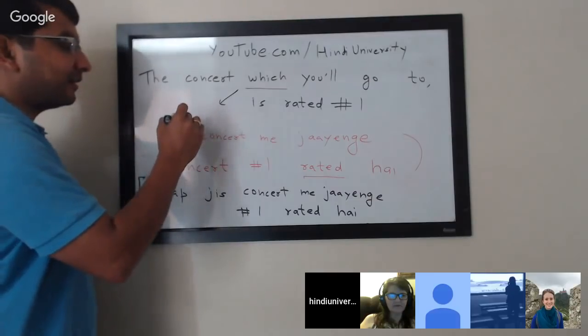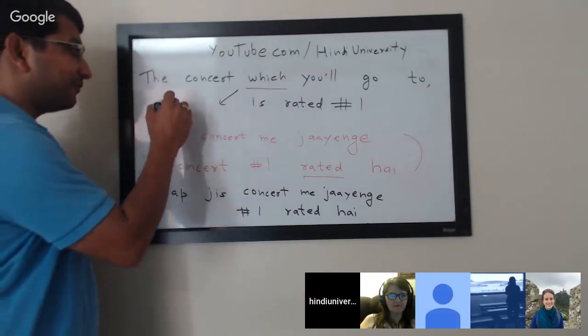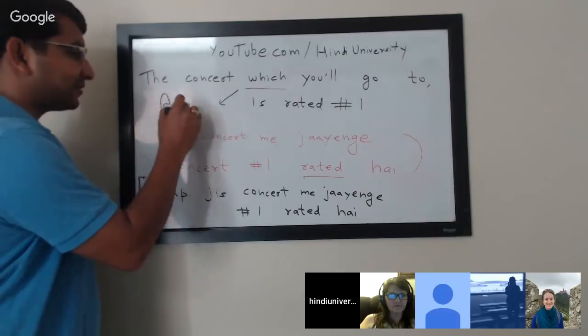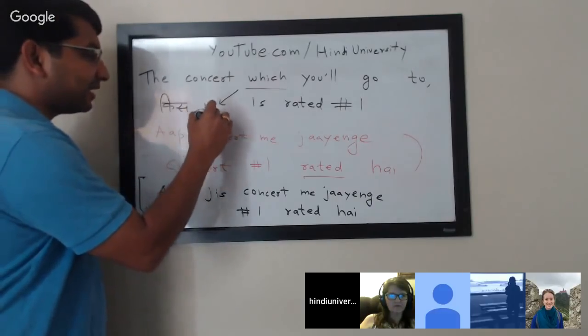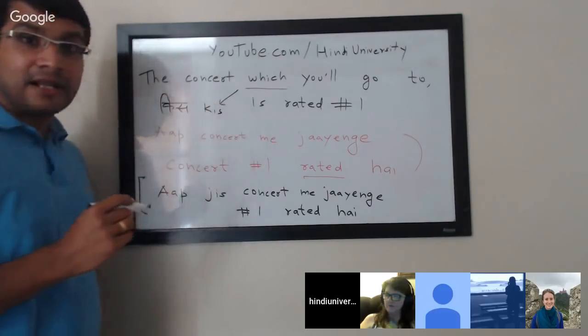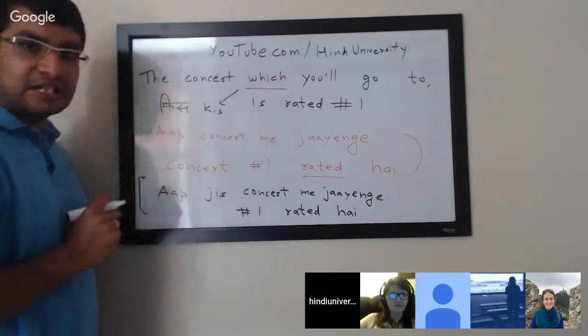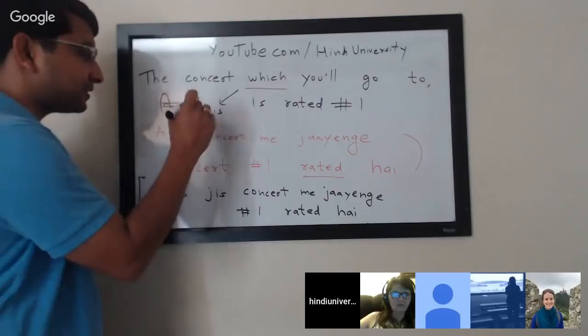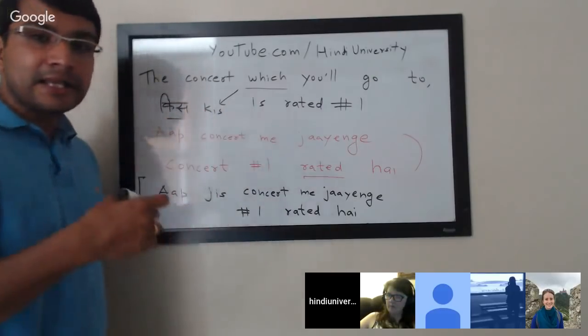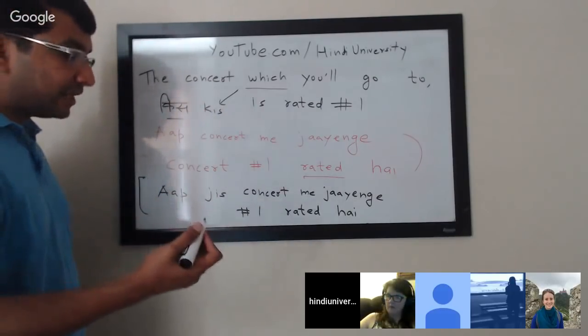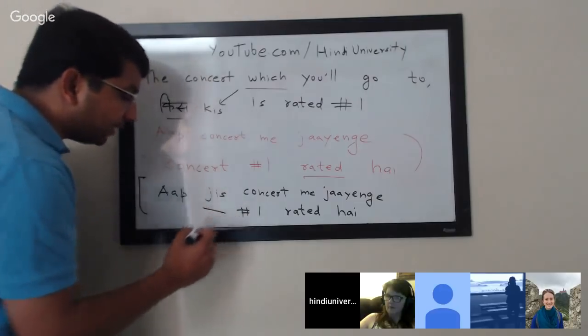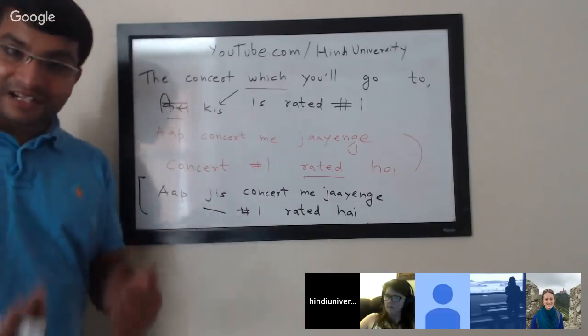How do we say that? Kiska or kiss. Yeah, kiska. That's right. That's kiss, right? I mean, that's what we say. Kiska, or kisne, right? So that's the reason. When we use it as an interrogative pronoun, you use the variation of kiss: kiska, kisne, kiss, kisme. Okay, and that's the reason when you're using it as a relative pronoun,